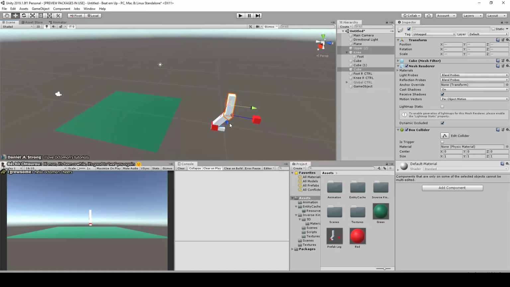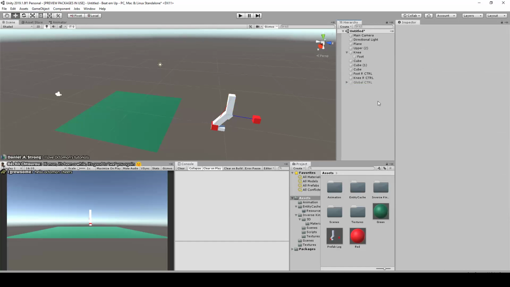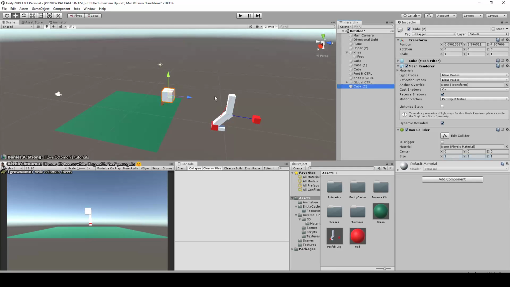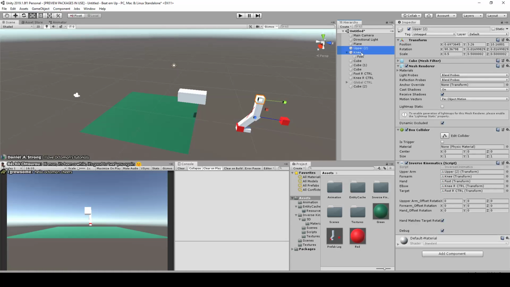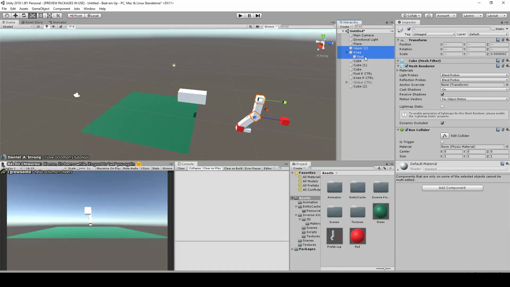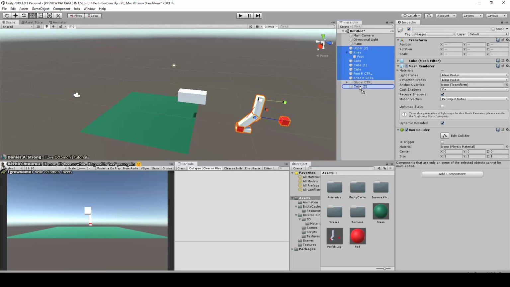Maybe we're gonna make not this, but a cube pretty quick. Once again, I just scale it anyhow and try again. So I'm gonna take upper, knee, foot, all the cubes, as well as all the controls, and make them part